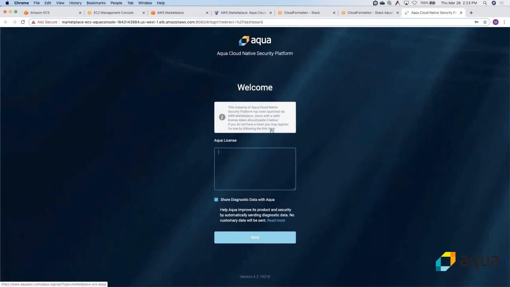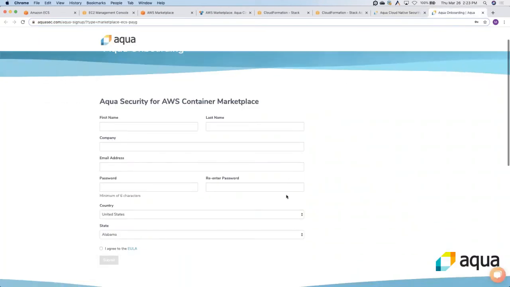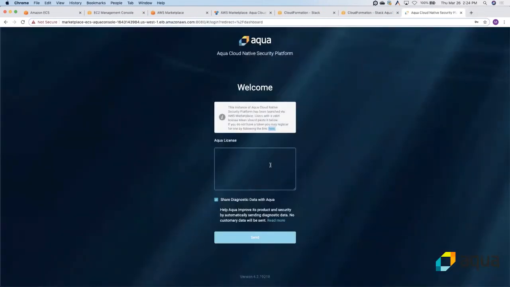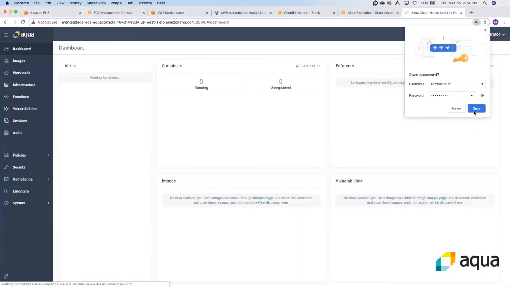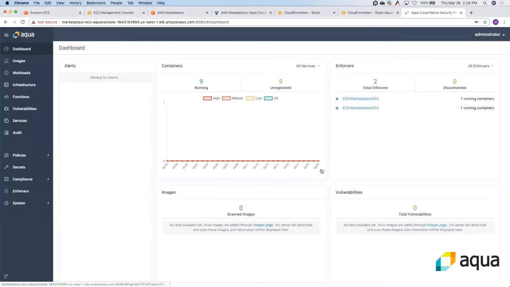If you do not already have a license, you can just click here, fill out this simple web form, and a license will be generated and emailed to you instantly. I have a license handy here. Just click on send. And there you go. You have the Aqua CSP deployed.